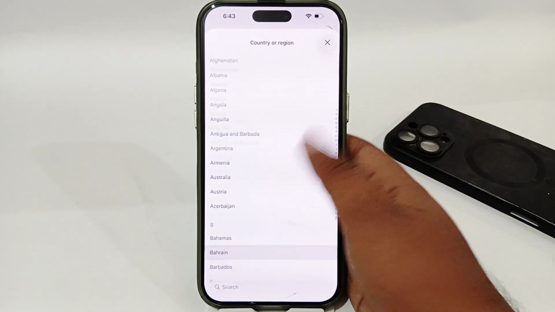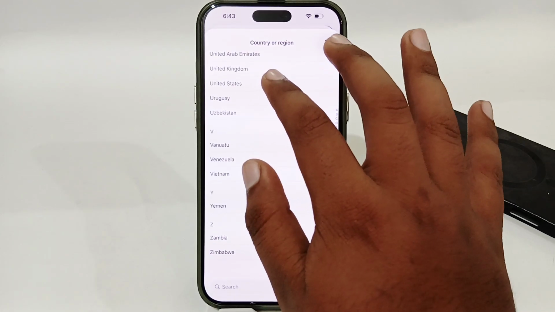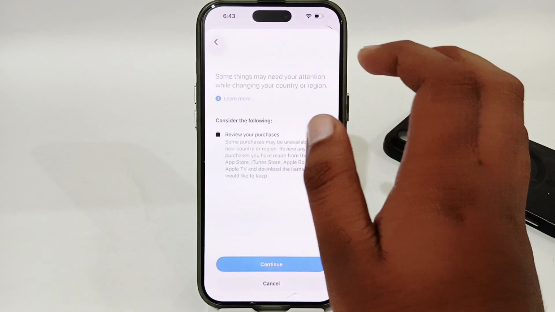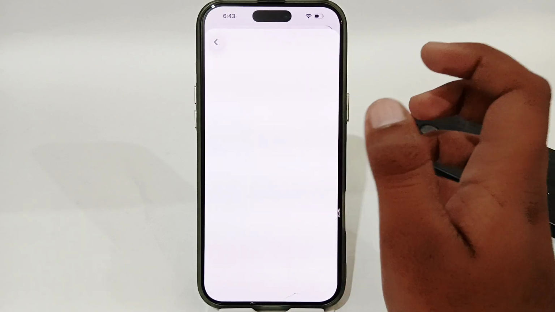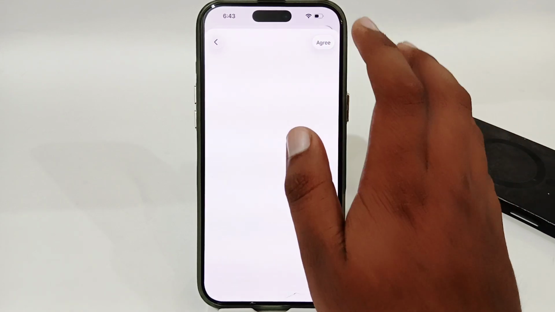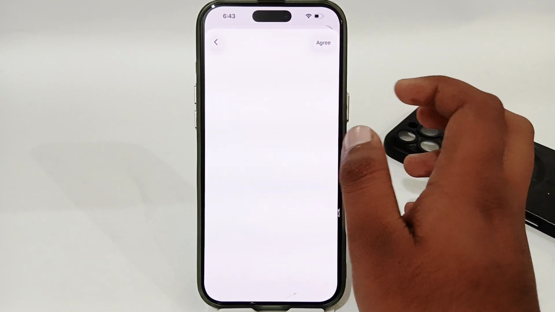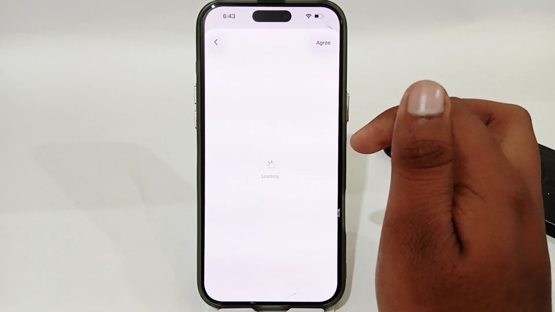Now just select the country or region in which you're living, and once you have selected, just tap on it, and here select the continue option, and here you just have to agree with some terms and conditions of Apple. Just tap on agree in the top right corner, and here you just have to add your payment method. So just wait for its loading, or wait for a moment,